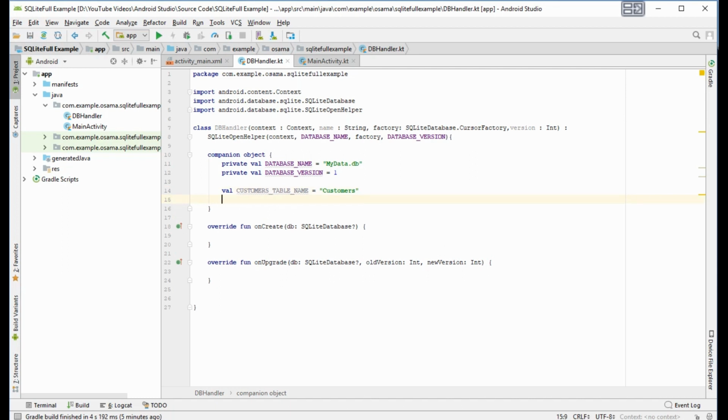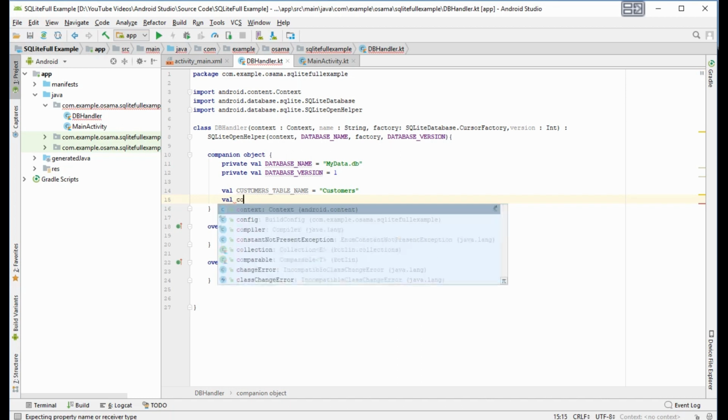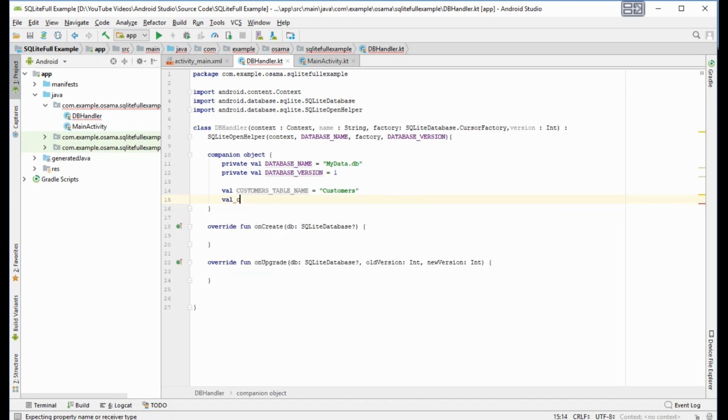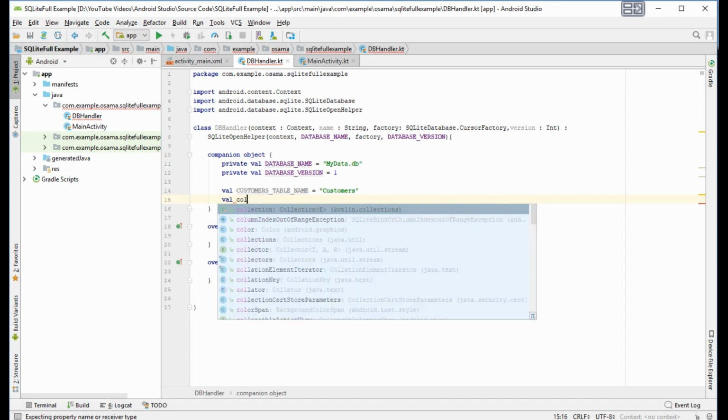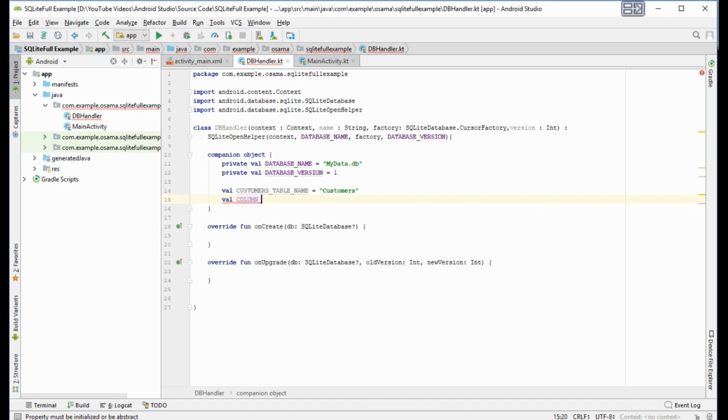Okay, then val column customer ID, it will be customer ID.